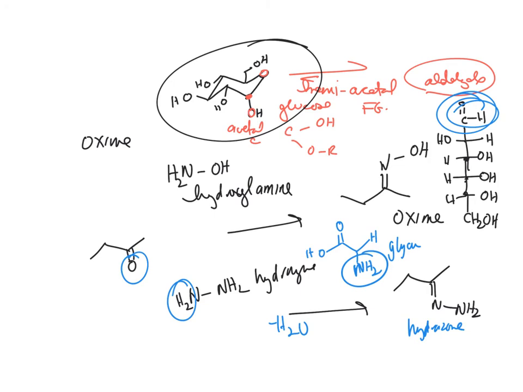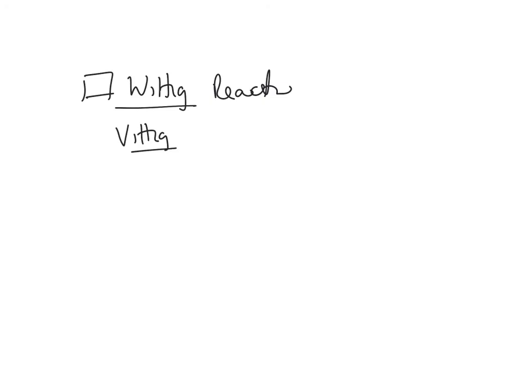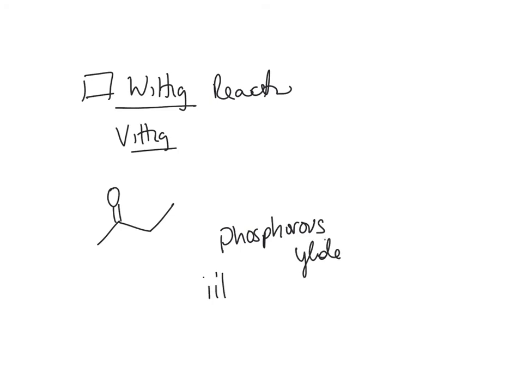Okay, one more reaction is the Wittig reaction. So now we're going to talk about the Wittig. A lot of people want to call it the Whittick reaction, but it's German and it's pronounced Vidiq. And you can take an aldehyde or ketone. So let's take something like this, a ketone, and you react it with a phosphorus ylide. So this is called an ylide. And a phosphorus ylide, ylide means it has a positive and negative charge in the same